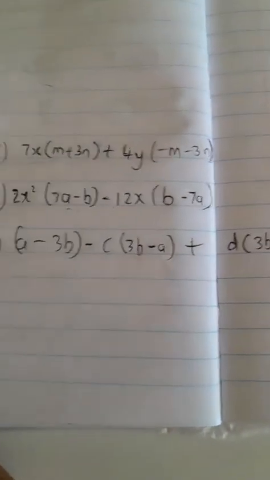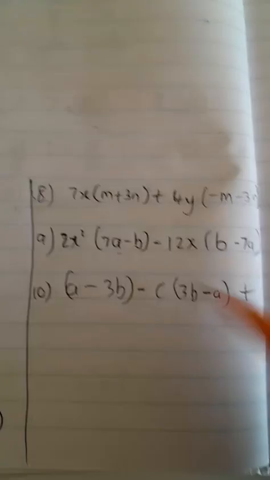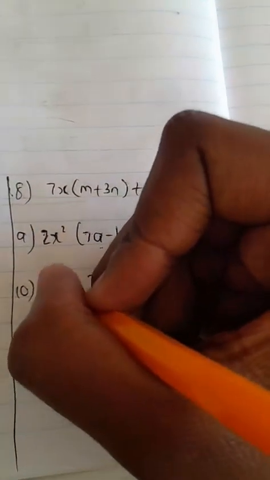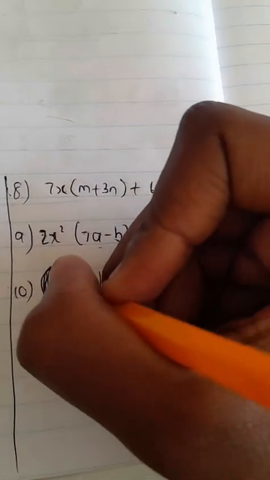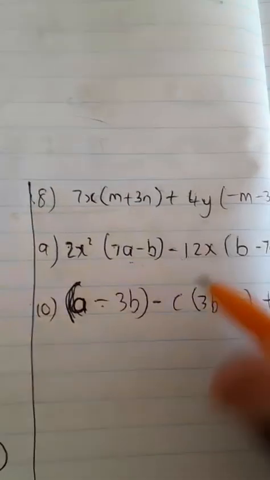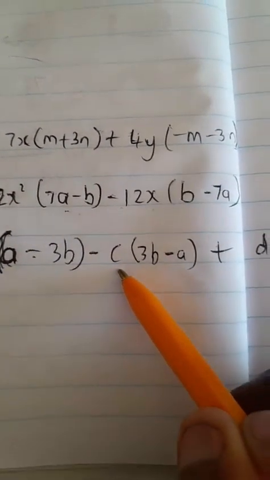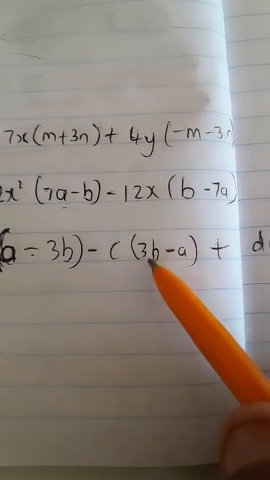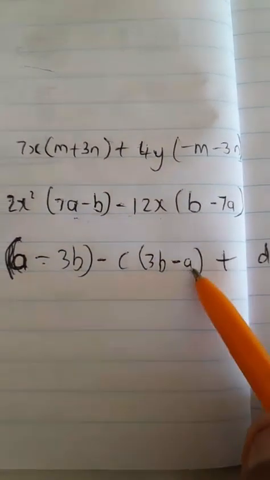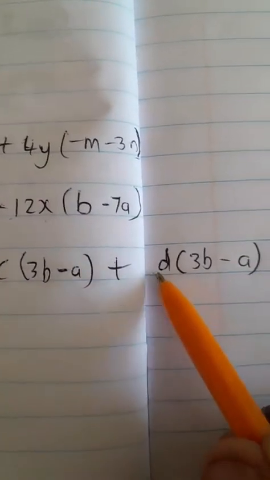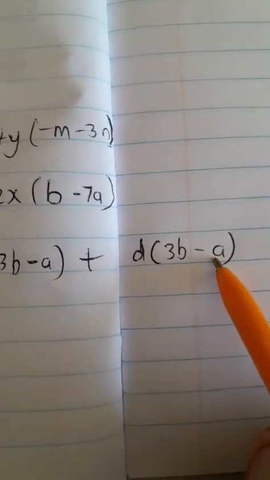Okay, here we go. This is A, sorry, so that is A. I'm sorry about that. This is A minus 3B, okay? A minus 3B brackets minus C, okay? Into 3B minus A, close brackets, plus D into 3B minus A, right? So,